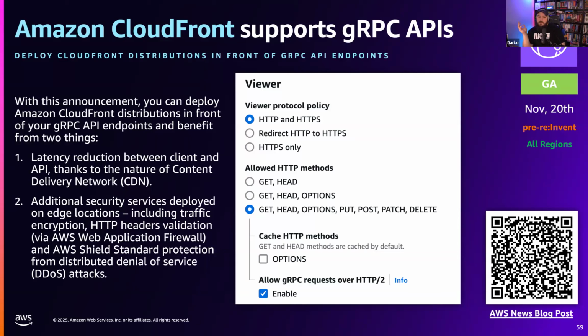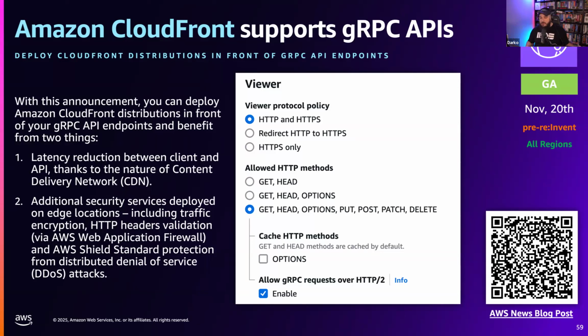That's it. And gRPC is an open source standard that uses transport over HTTP/2 protocols. As a developer, you don't have to care about gRPC or anything in the back. You can literally just put CloudFront in front of a gRPC API and have it work. Beautiful, amazing. Again, CloudFront is one of those services that kind of has to exist and is a huge part of a lot of the things people build on AWS.